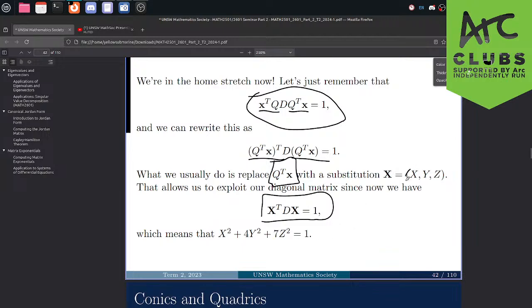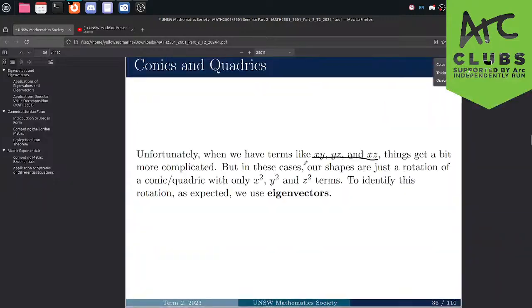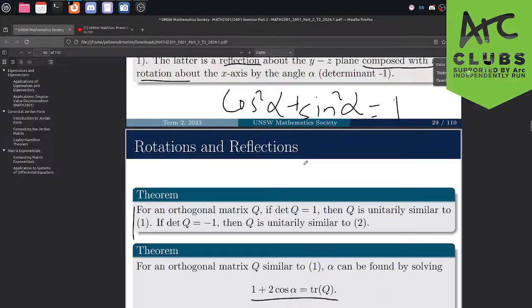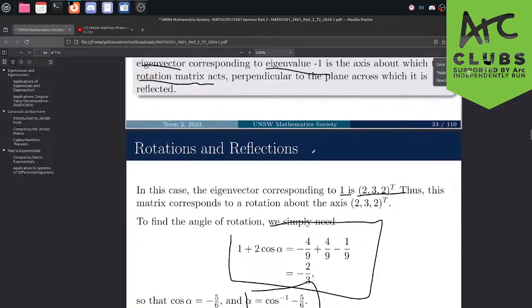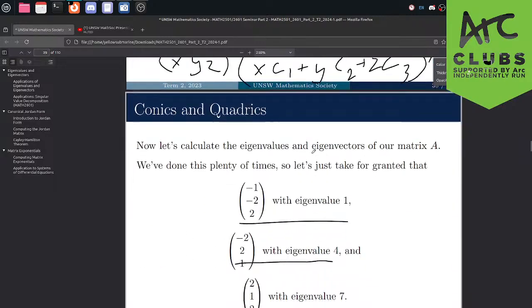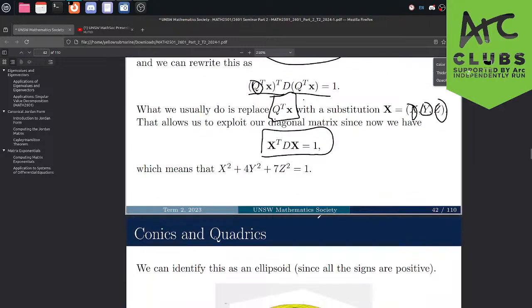So now you have variables big X, let me do this again, big X, big Y, and big Z, like that. Notice that Q is a unitary matrix, or an orthogonal matrix. And remember what we said about 3 by 3 or 2 by 2 orthogonal matrices, right? These are all going to be rotations or reflections of each other, including the 2 by 2 matrix. So what this corresponds to is that this big X here is a rotation, or some reflection composition, of the small x vectors.